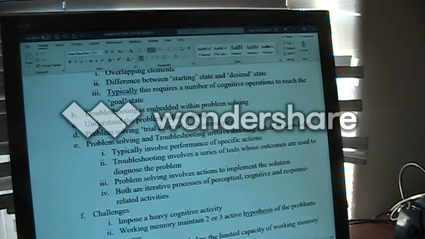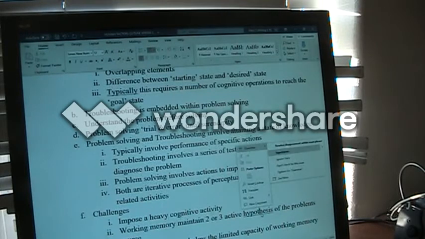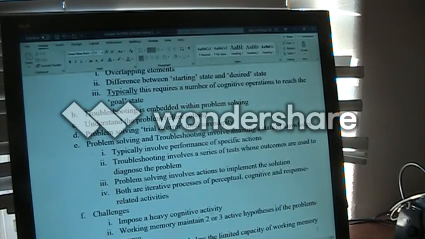Okay, more than this, not less. So we're usually working with a very limited number of hypotheses when we go to solve the problem. So therefore, troubleshooting